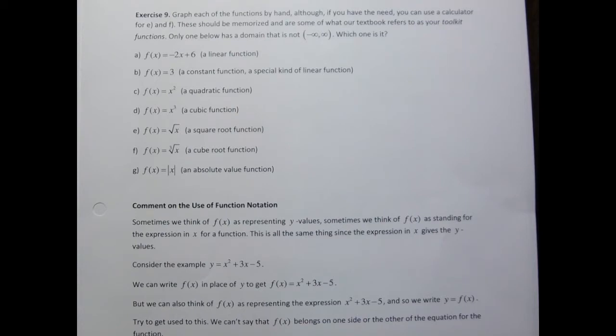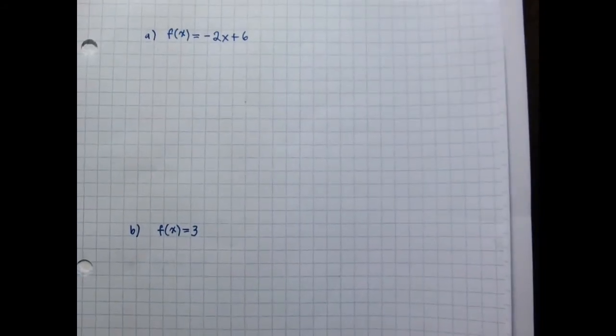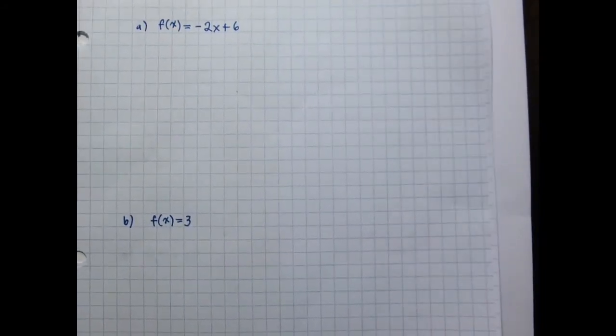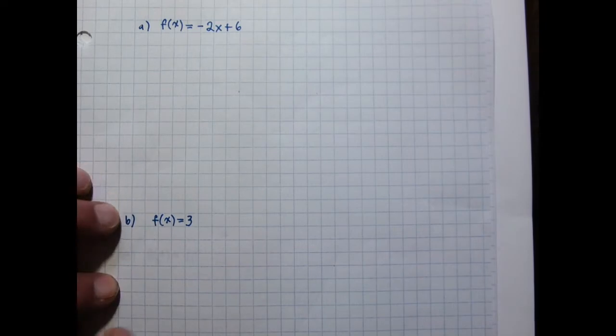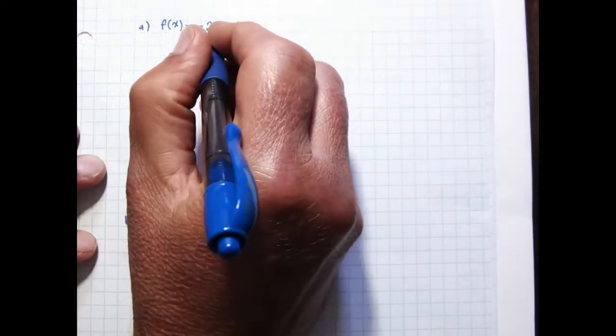So let's go ahead and start graphing each one of these. And again, you can hop ahead if the first few are obvious to you, but I'm going to go through each one. I have my graph paper already. The first one is f of x equals negative 2x plus 6, that you should recognize as a